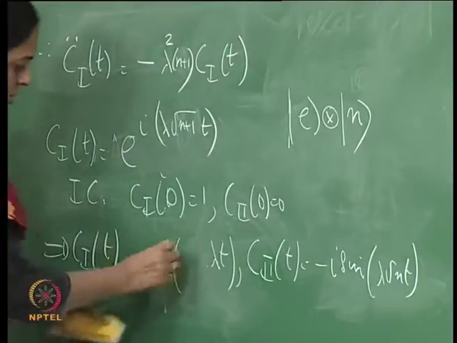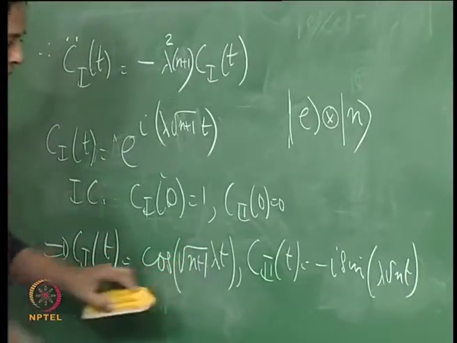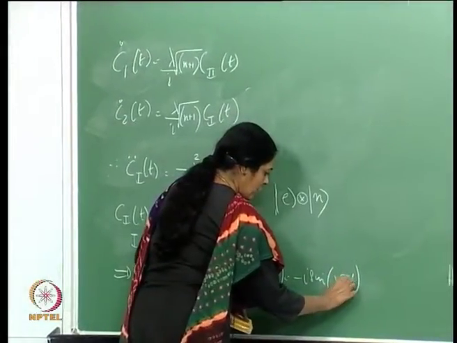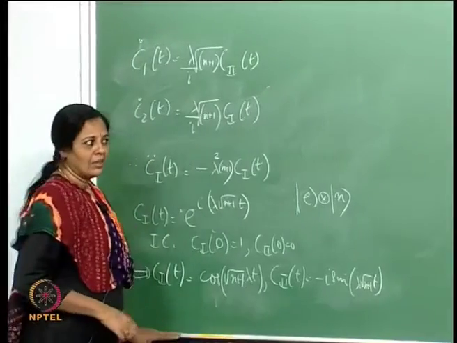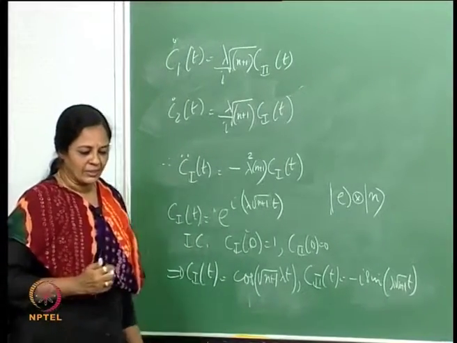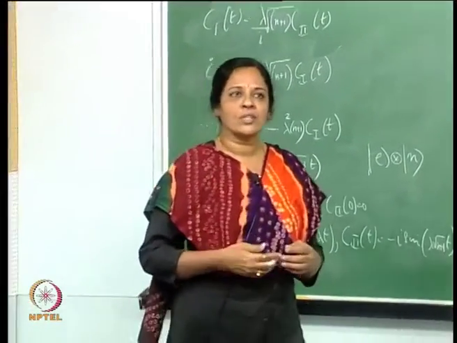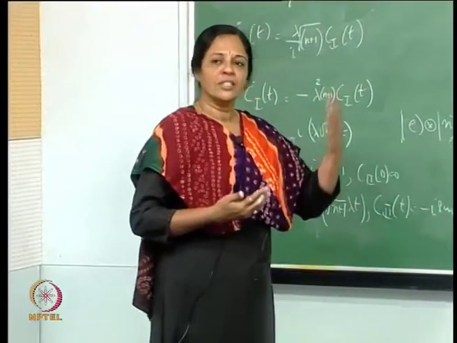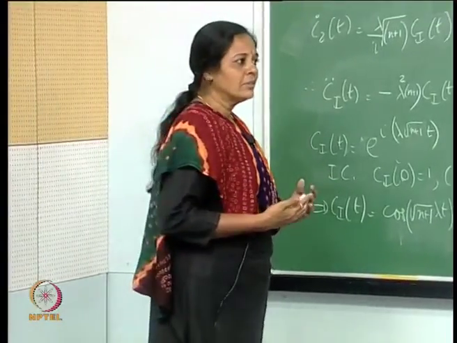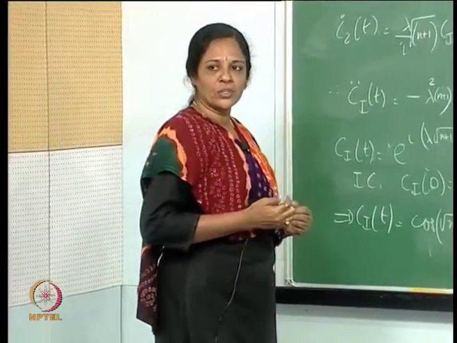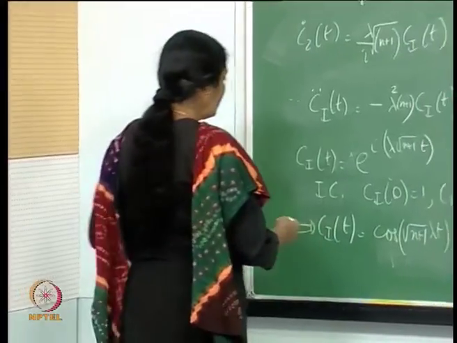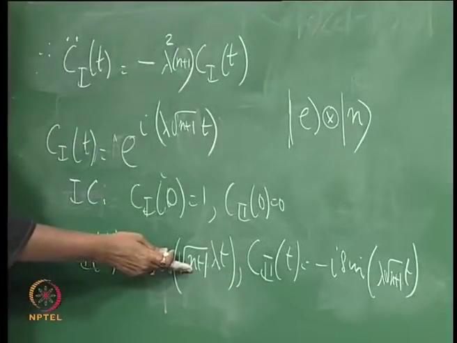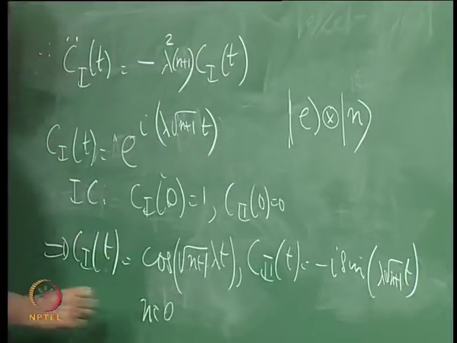Everything will go through except that here I will have n replaced by n plus 1. Now, in the Rabi model, it is clear that since the radiation field was E naught cos omega t, if you switched off the field, there would be no transition from the excited state to the ground state. But now, look at what you see here. If there were no photons in the radiation field, suppose n were 0,